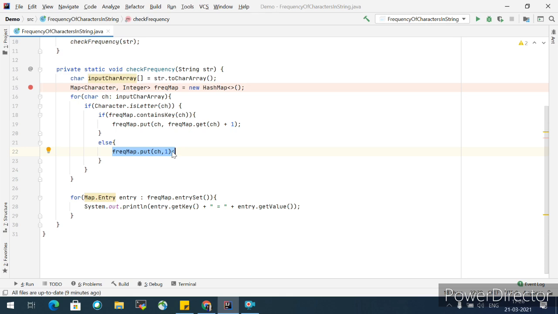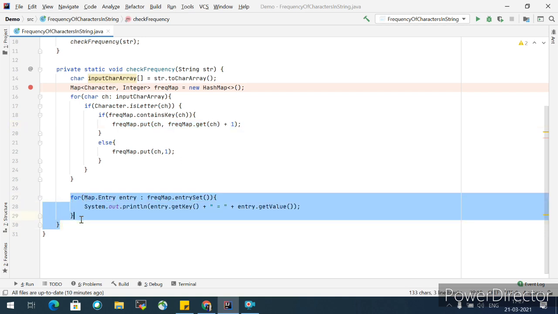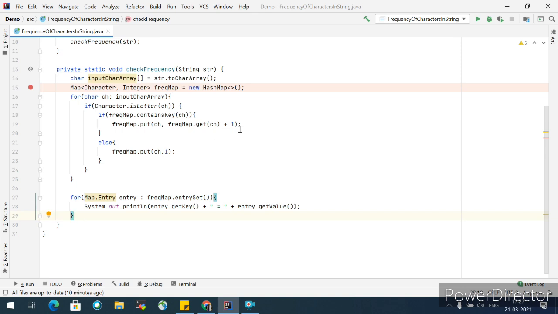Suppose it encounters the character again, then it will go into this if block, because that key will already be there. Then in the map I am putting that particular character, getting the initial frequency using the get method, and incrementing it by 1. Like this the frequency will get updated. At the end, using a simple for loop, I am printing my map keys and values.